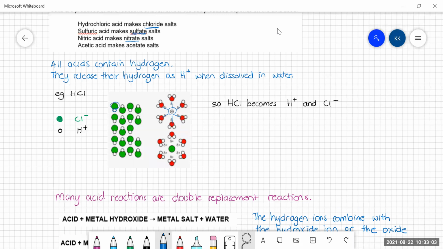And then we have the chloride ion being negative, also surrounded by water molecules, but notice that the positive end of the water is pointing into the chloride this time. So hydrogen chloride, when you put it in water, actually becomes hydrogen ions and chloride ions. And this is where we get our chloride salt from,